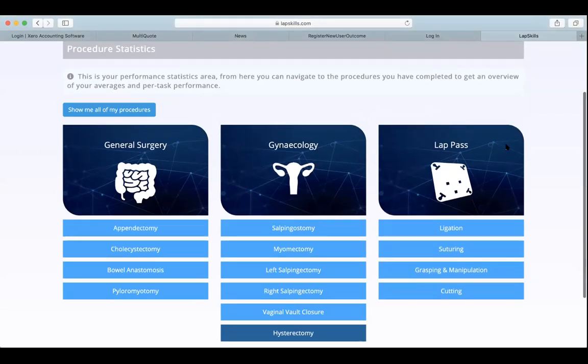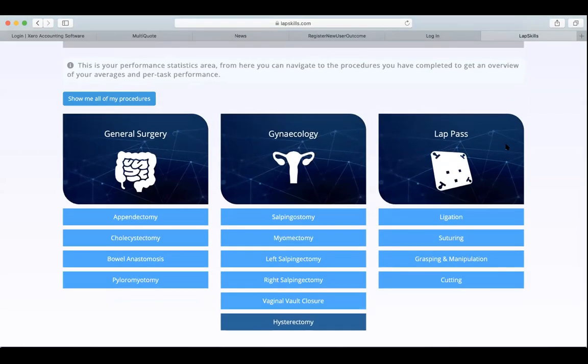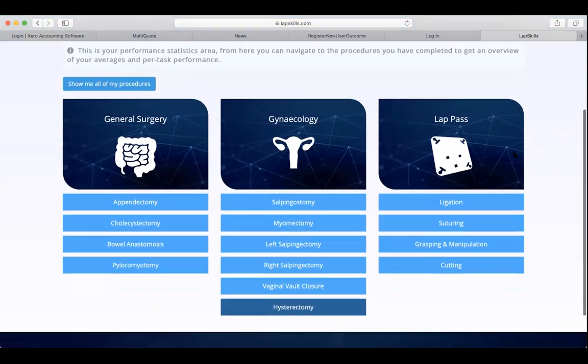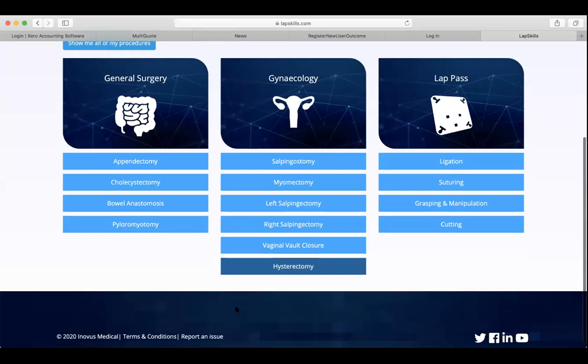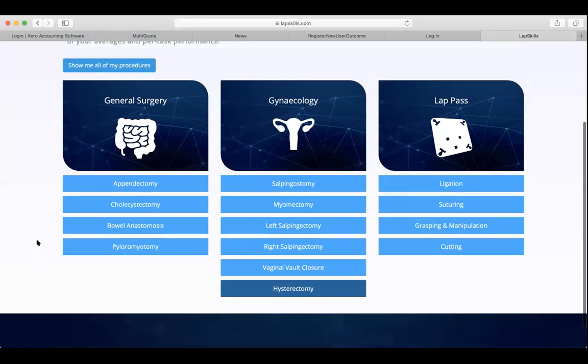One thing to mention is the way the platform is set up is we are able to integrate other countries or other people's or societies' training curricula into this platform. So, for example, if SAGES wanted us to add FLS into this platform, then we can add the FLS modules and they would appear here. And for the future, as I mentioned, as urology modules are added or as cardiovascular modules are added, you would see those sitting here on the stats page.